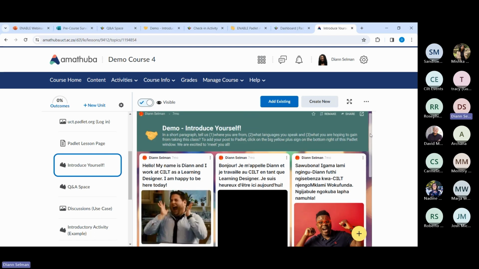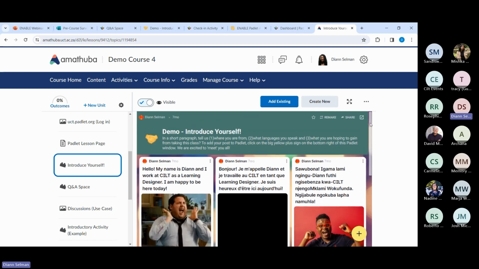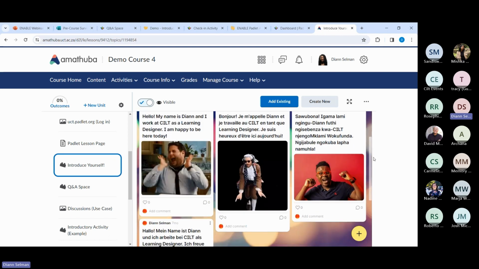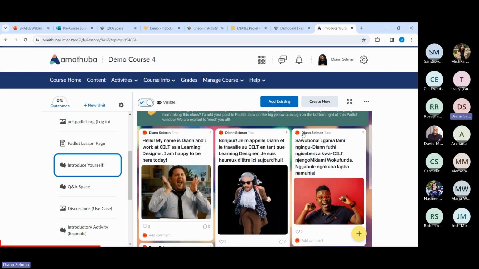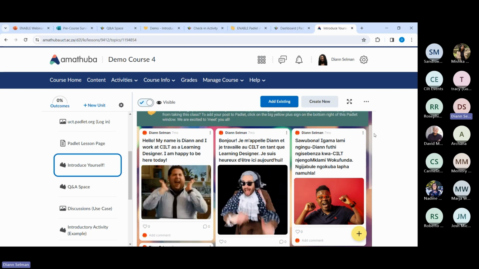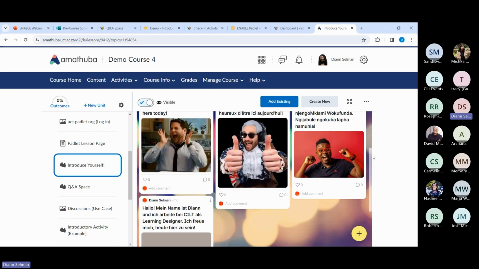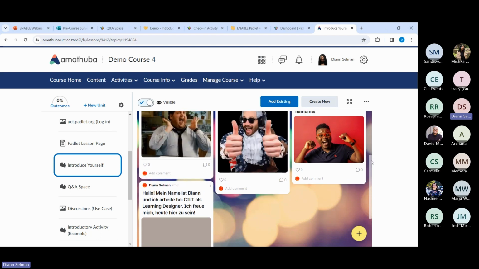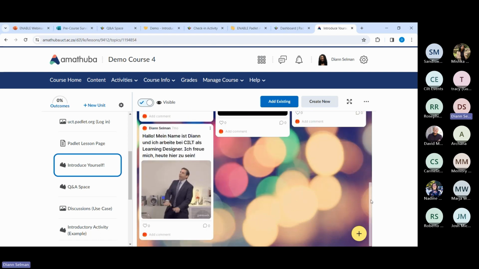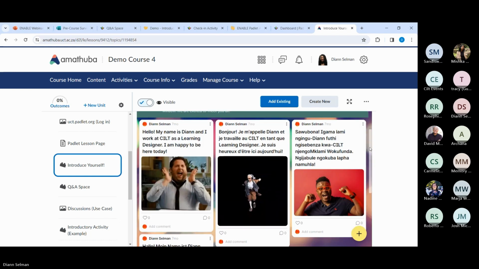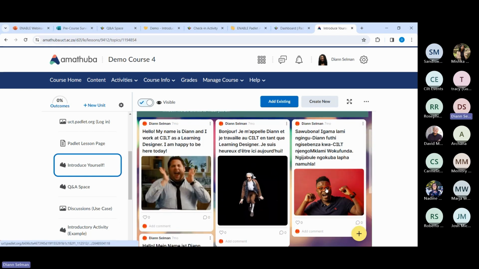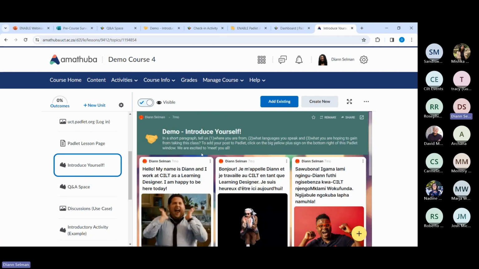Okay, so you can see here we've created a Padlet. This is a Padlet that's embedded within Amatuba, and it has been populated. This one is not anonymous, so you can see my name at the top, but these would be various student names if you wanted to know who they were, and it would just say anonymous if you had unchecked that facility. Okay, so you notice these use GIFs and images as well. And I have also included some text at the top, asking a few questions